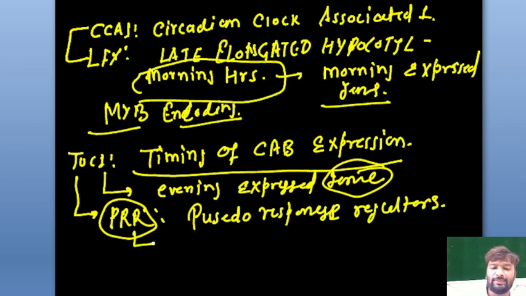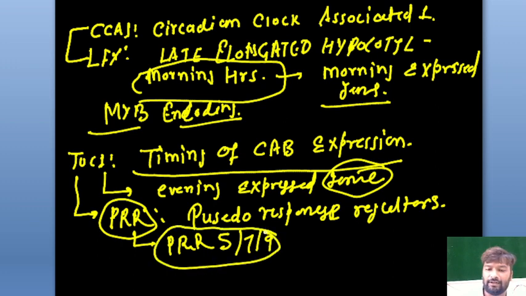So there are three PRR genes which are associated with TOC1. These are PRR5, 7 and 9. So these genes with TOC1 form the central core,